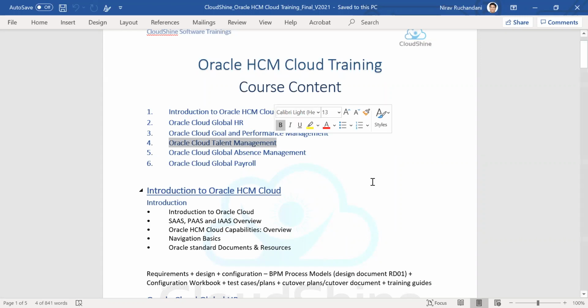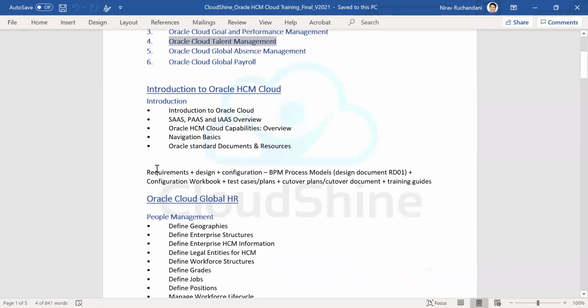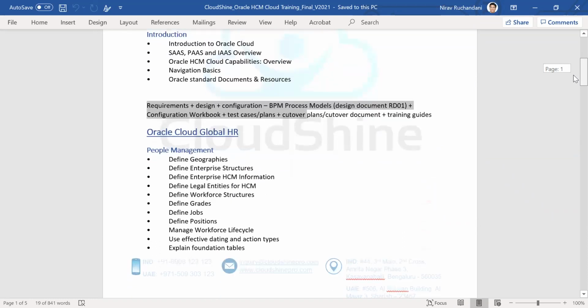So these are the two modules which will not be part of our training, but essentially these are the in scope areas. And we will also talk about the standard procedures or processes of how you maintain these when you go about implementing it, what are the different resources and the documents that you need to access, or typical methodology with regards to configurations, with regards to test cases, cutover, etc., that you will have to keep in mind when you are doing an implementation for any particular client or for your own internal company.